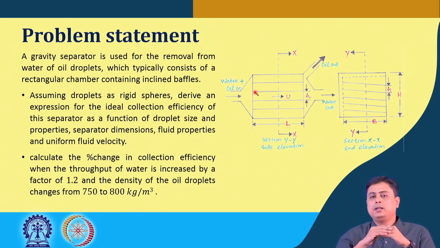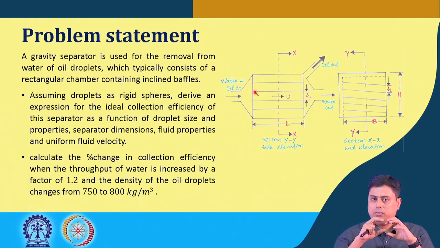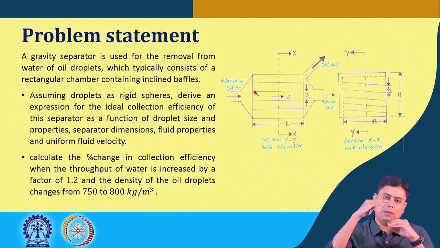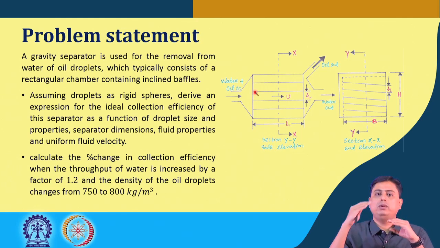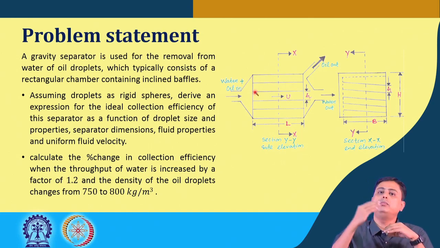Did you get the point? That if we have, let us say, 75% of all oil droplets attaining this minimum terminal velocity that is required to come to this height h, those 75% will essentially be collected. So, the collection efficiency will be 75%.